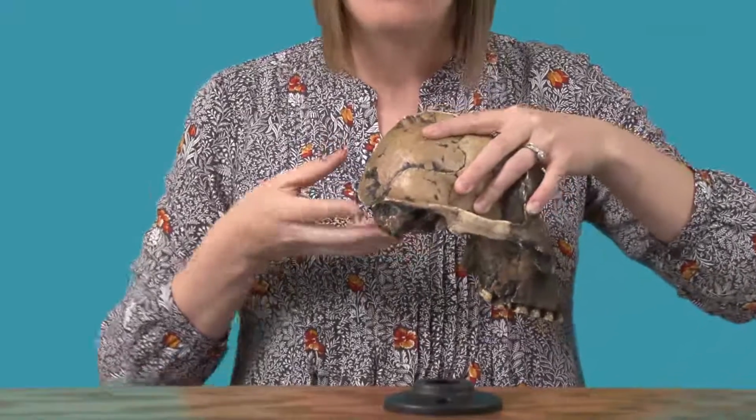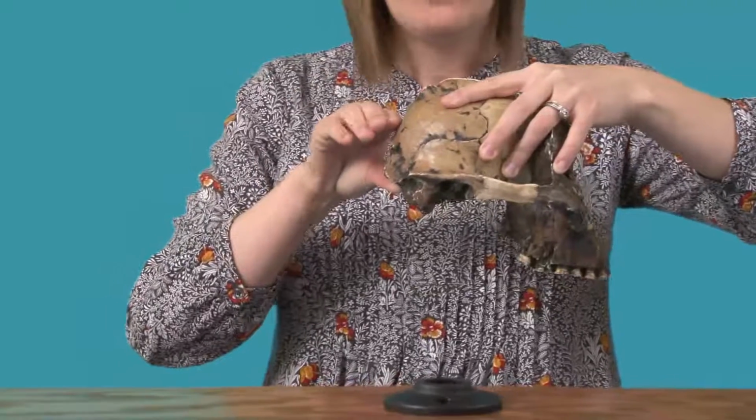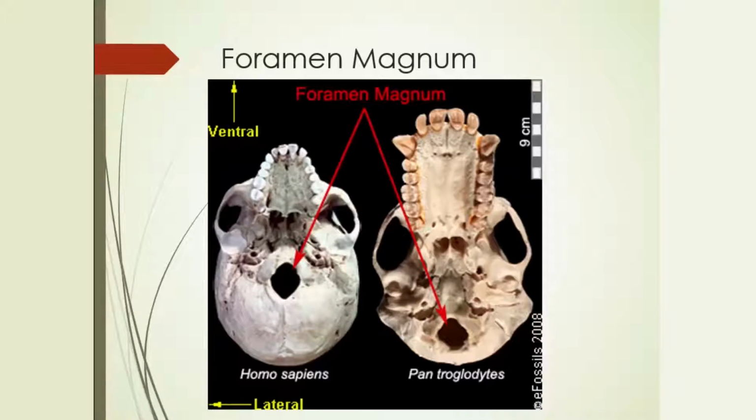In species that walked quadrupedally and or weren't as efficient as ourselves, you're going to see that foramen magnum be located more posteriorly on the skull. And that's because if you think about a quadruped walking, their spine directly comes out from the posterior portion of their skull. So that foramen magnum will be more posterior in species that walk quadrupedally. Good example on your slide, you can see a Homo sapien compared to a chimpanzee. You can notice the difference in where the foramen magnum is located.